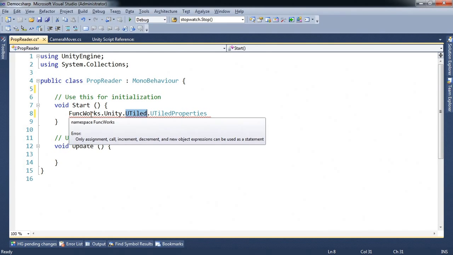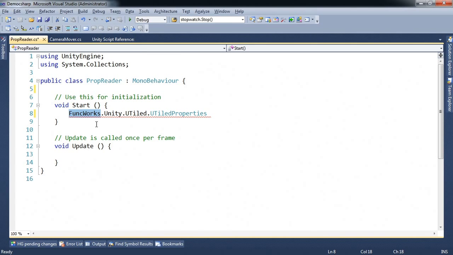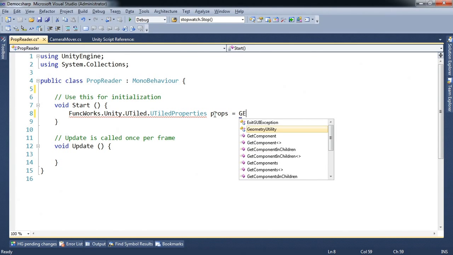And the reason the company name goes first is so that if you were to go and modify UTiled, then you could just come in here and put in your company, Awesome Games, change the namespace, and now you don't have to worry about a conflict. So you could just change one piece of it, and you won't have to worry about a conflict with the namespace. Alright, so props equals, all we have to do is get component,